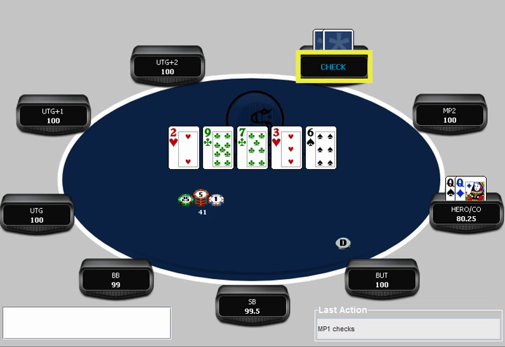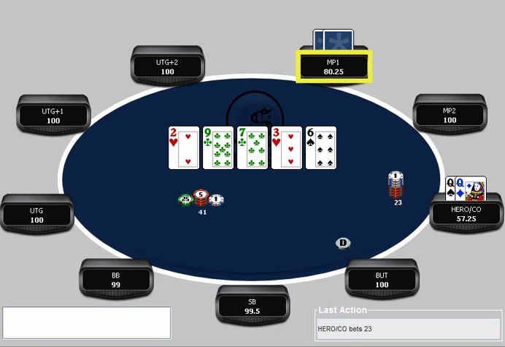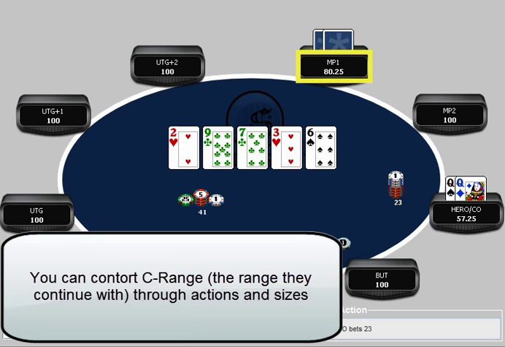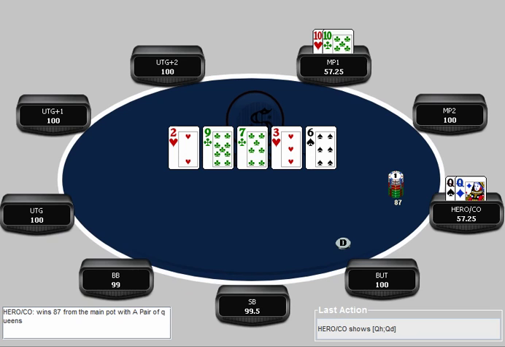A 6 on the river totally bricks everything except for pocket 6s, so I just assume I can go for another bet and go for something like half-ish pot, trying to get him to look me up. I don't really want to pot here if he's never going to call a $41 bet with his second best hand. Because if I'm betting for value and nothing worse continues, it's not actually a good bet. It's a crappy bet. So you can fix that by either not betting or by changing the size and making it more profitable for your opponent to continue. So again, it's a really easy way to win pots by flatting with queens pre-flop in